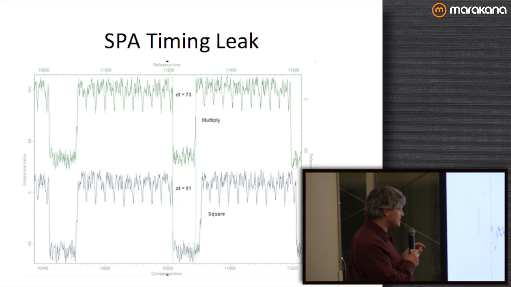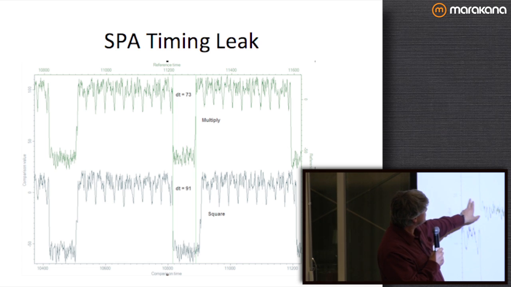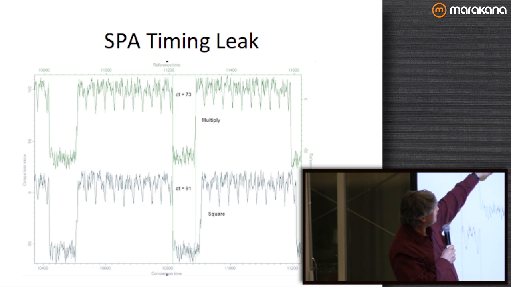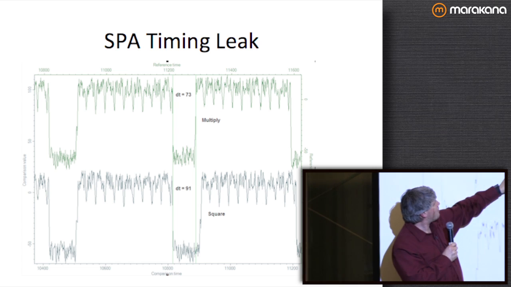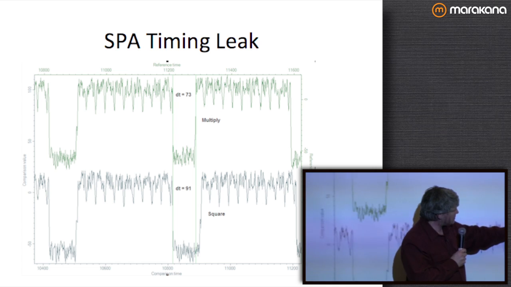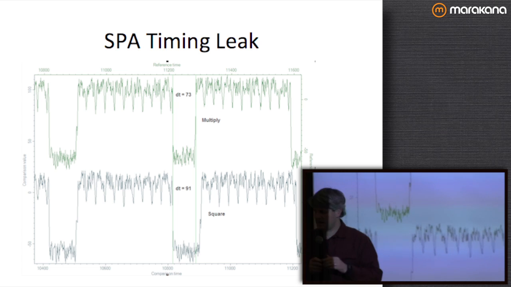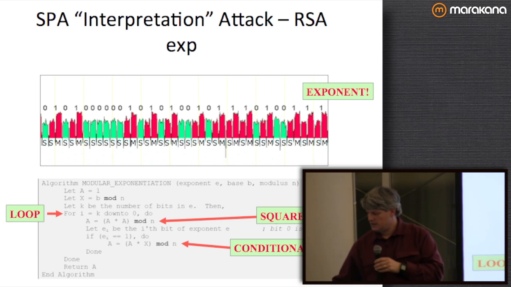This is something else that's a little bit interesting, too. You've got squares and multiplies. So you have a platform that's done the operation. It's a little bit harder to tell, based on the height difference, whether you're looking at a square or multiply. But it turns out, in this loop,